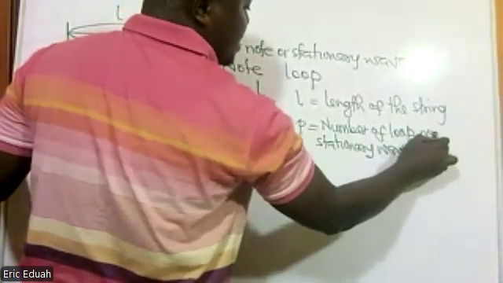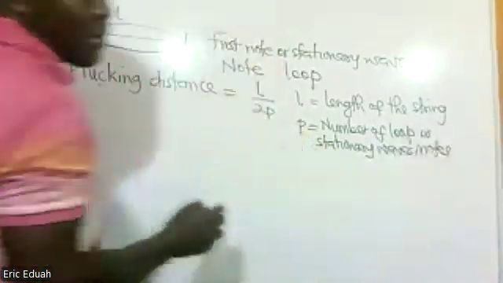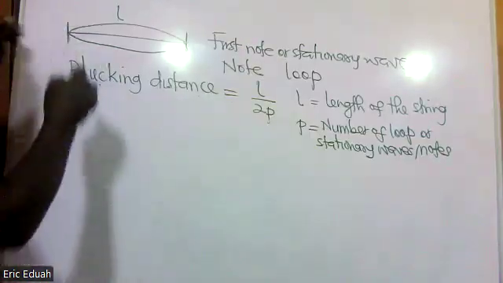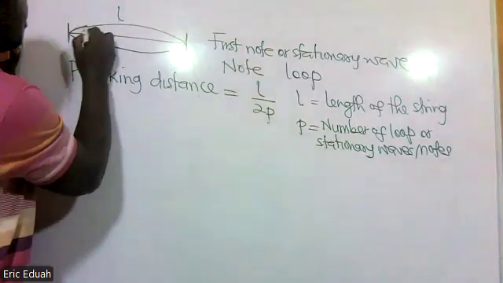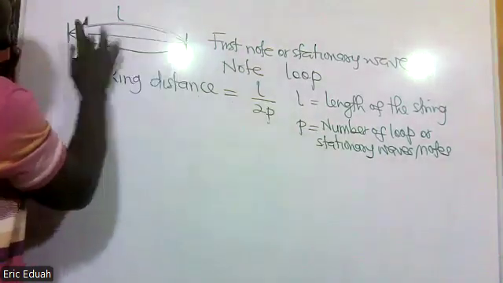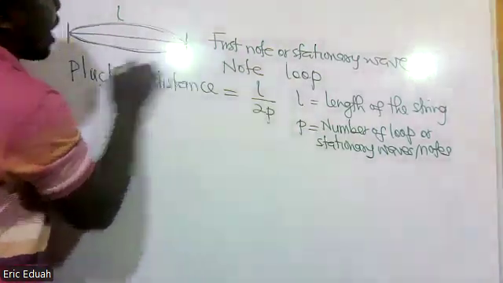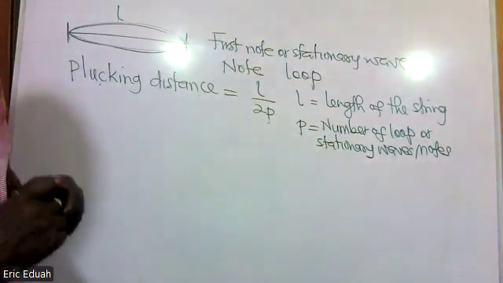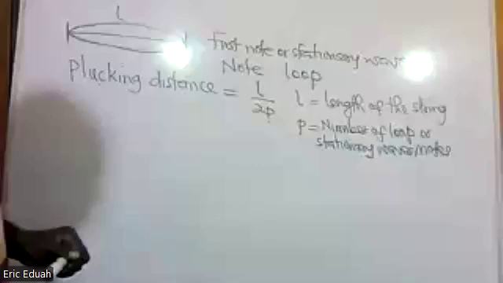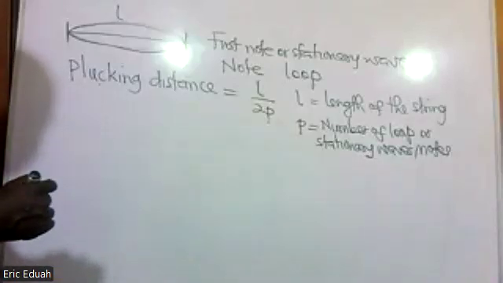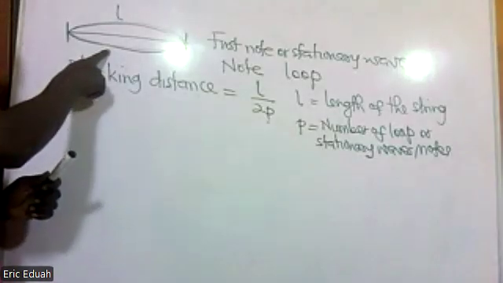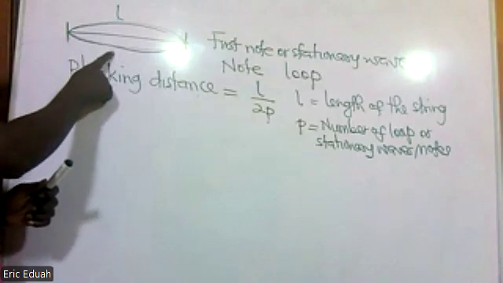Or nodes. When the wave is like this, it means that only one loop is formed, or one complete stationary wave is formed. Okay. Now, if we have this loop